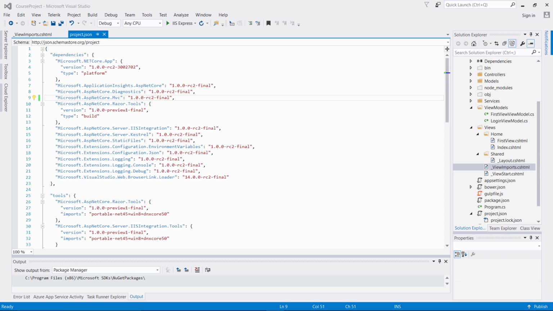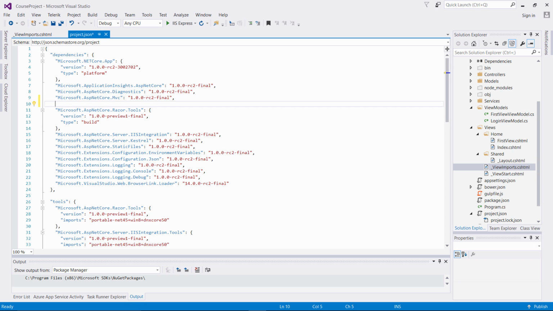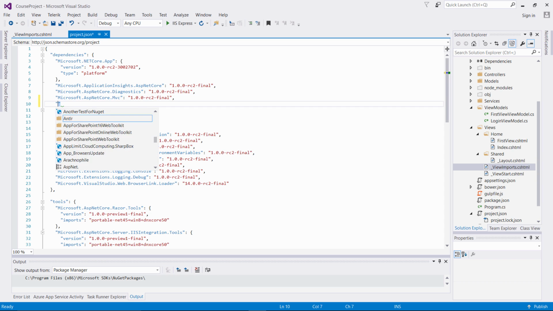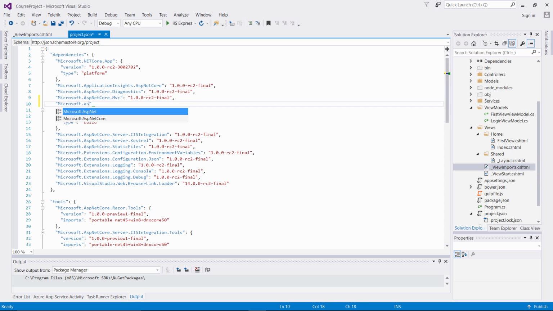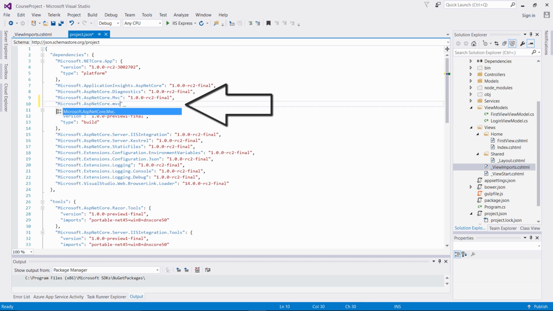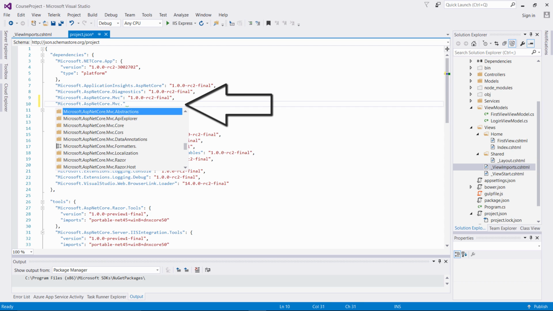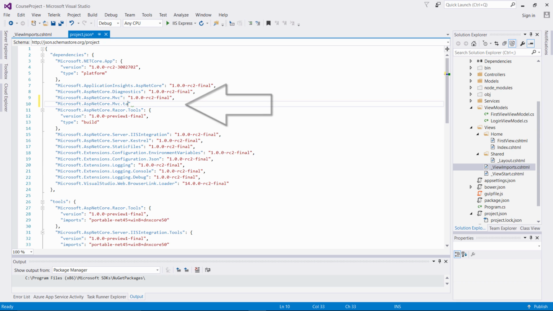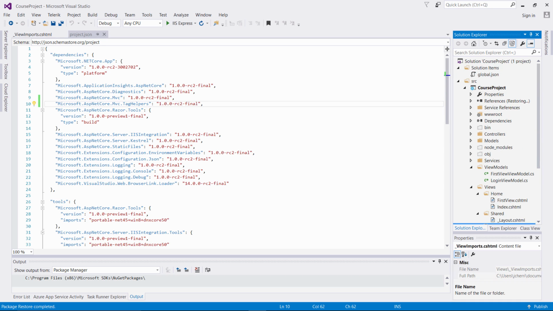So the first thing that we need to do, we need to go to our project.json file, and we need to go down here and we need to add that dependency. So we're going to go to Microsoft.ASP.NET Core MVC, and we're going to go to tag helper, and then we're going to put the latest version, put a comma, save that, let that dependency restore in our project. So now that we have that inside of our project, then we want to go to the view imports